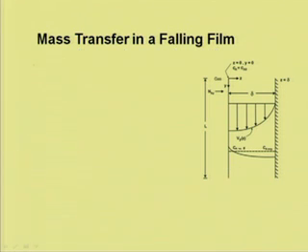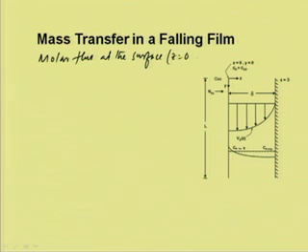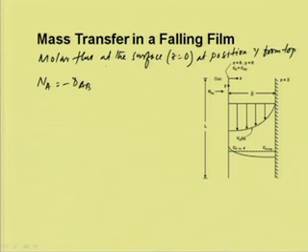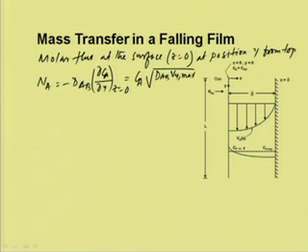Now, the molar flux at the surface, that is at z equal to 0, and at position y from the top, we can obtain N A equal to minus D A B del C A del y at z equal to 0, which is equal to C A i root over D A B V y max divided by pi y,